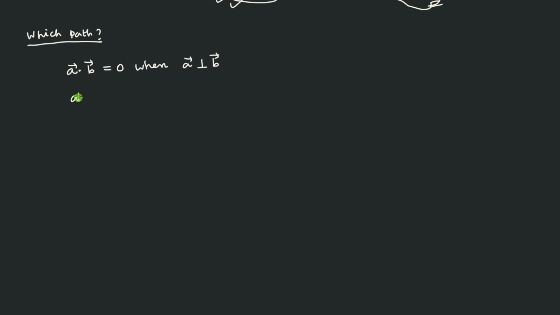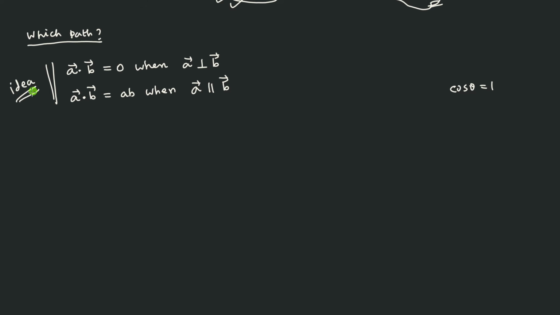There is a second idea. The second idea is that A dot B will become simply AB, where AB means A multiplied by B, both being magnitudes of the vectors. Cos theta is not disappearing; it is actually cos theta equal to 1, so basically AB into 1. When will cos theta become 1? Cos theta will become 1 when theta equals 0. What is the meaning of theta equal to 0? That means the A vector and the B vector should be parallel. So I can write down: when A vector is parallel to B vector. These two things are your ideas now.